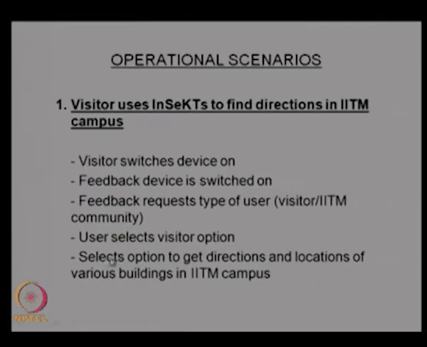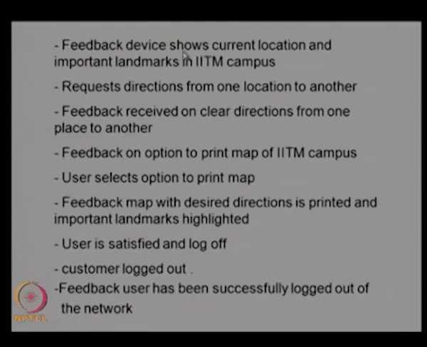So here the option to get directions and locations of various buildings in the IITM campus will be selected by the visitor. So the system has to display all the options depending on the status of the user, whether he is a visitor or an IITM community person. Accordingly we will have different options, and then the user can choose the option. And then the feedback device will show the current location and important landmarks in the IIT campus. So the current location of the person will be shown, and various other important locations will also be shown